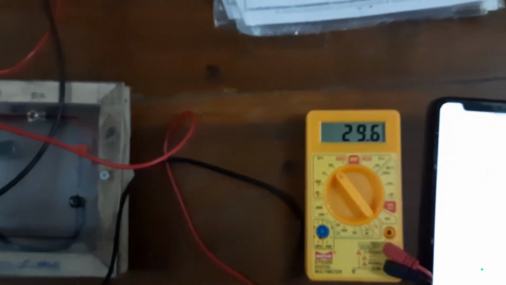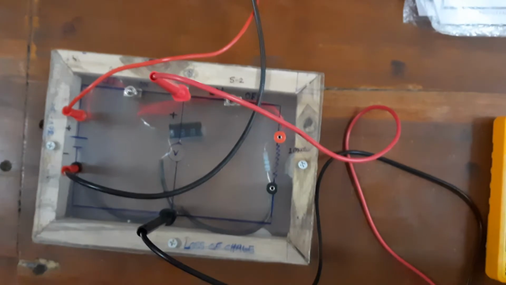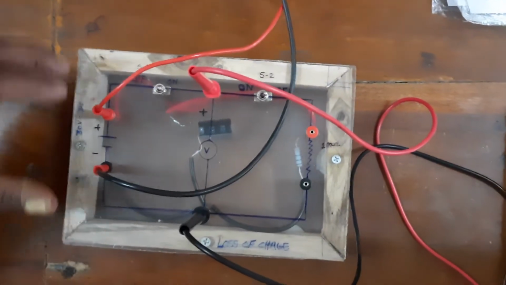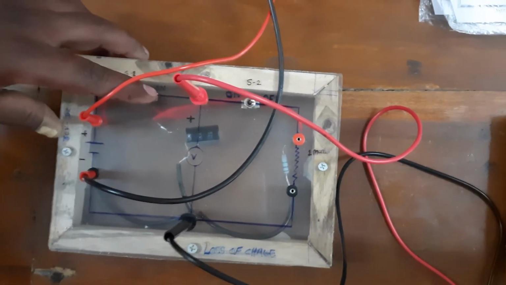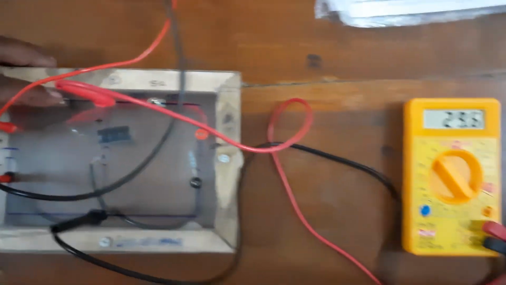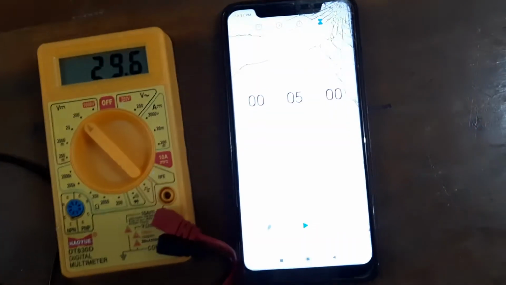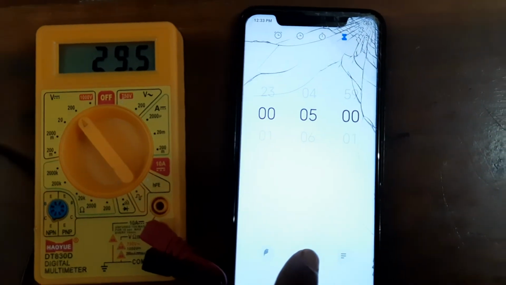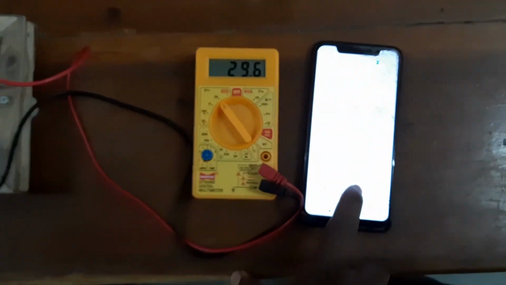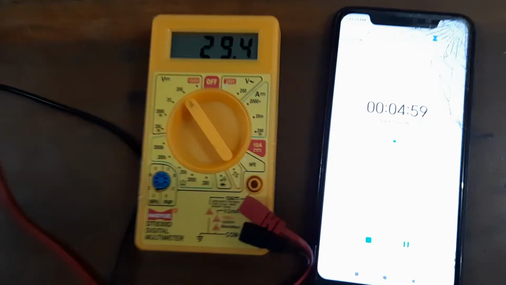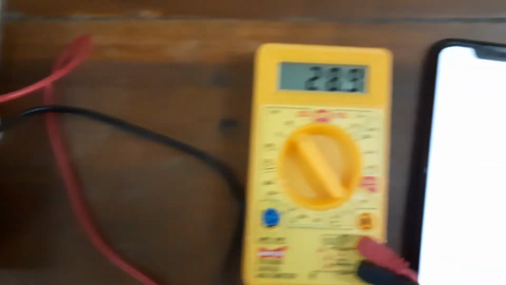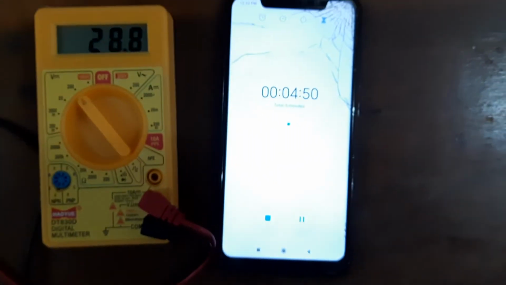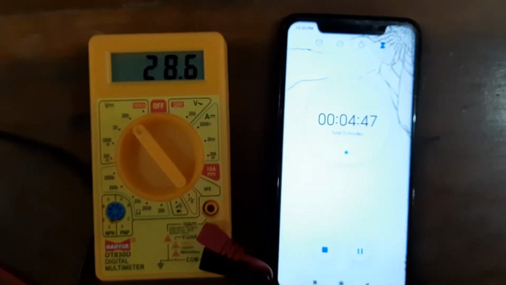Now we have to switch off the power supply and check the discharging voltage across the capacitor by turning off the power supply switch and switching on the stop clock. So we will do it simultaneously. So the stop clock has been started, the power supply is switched off, and you are finding that the voltage across the capacitor is dropping.